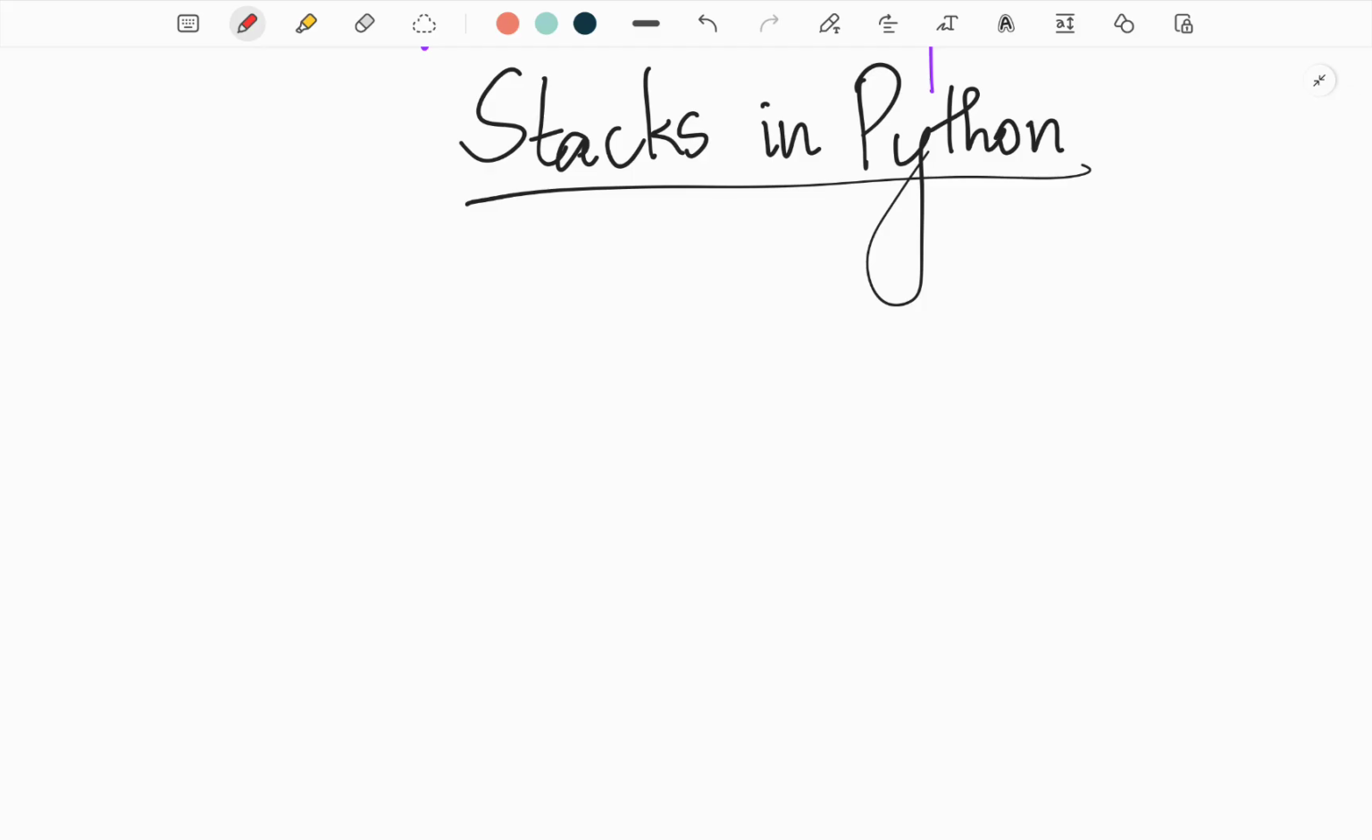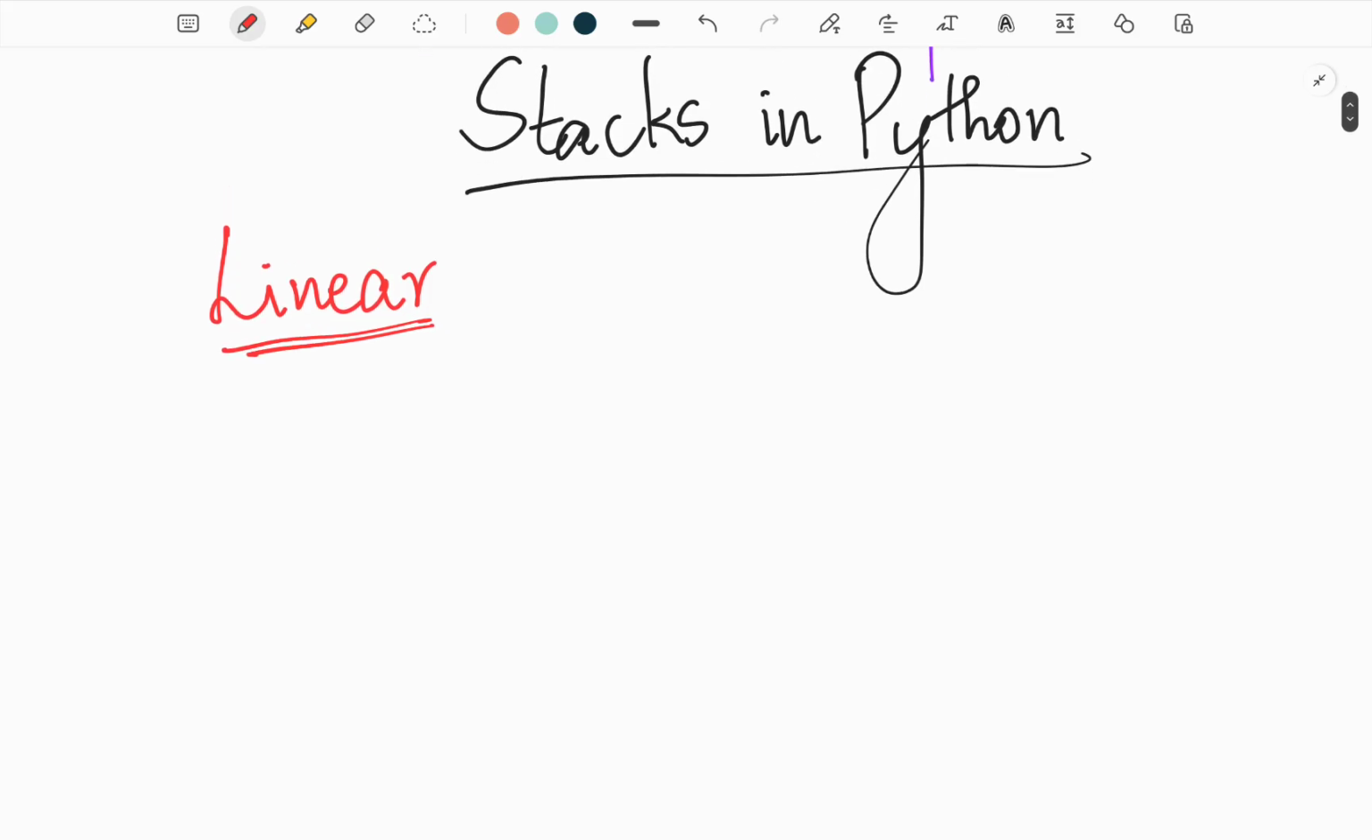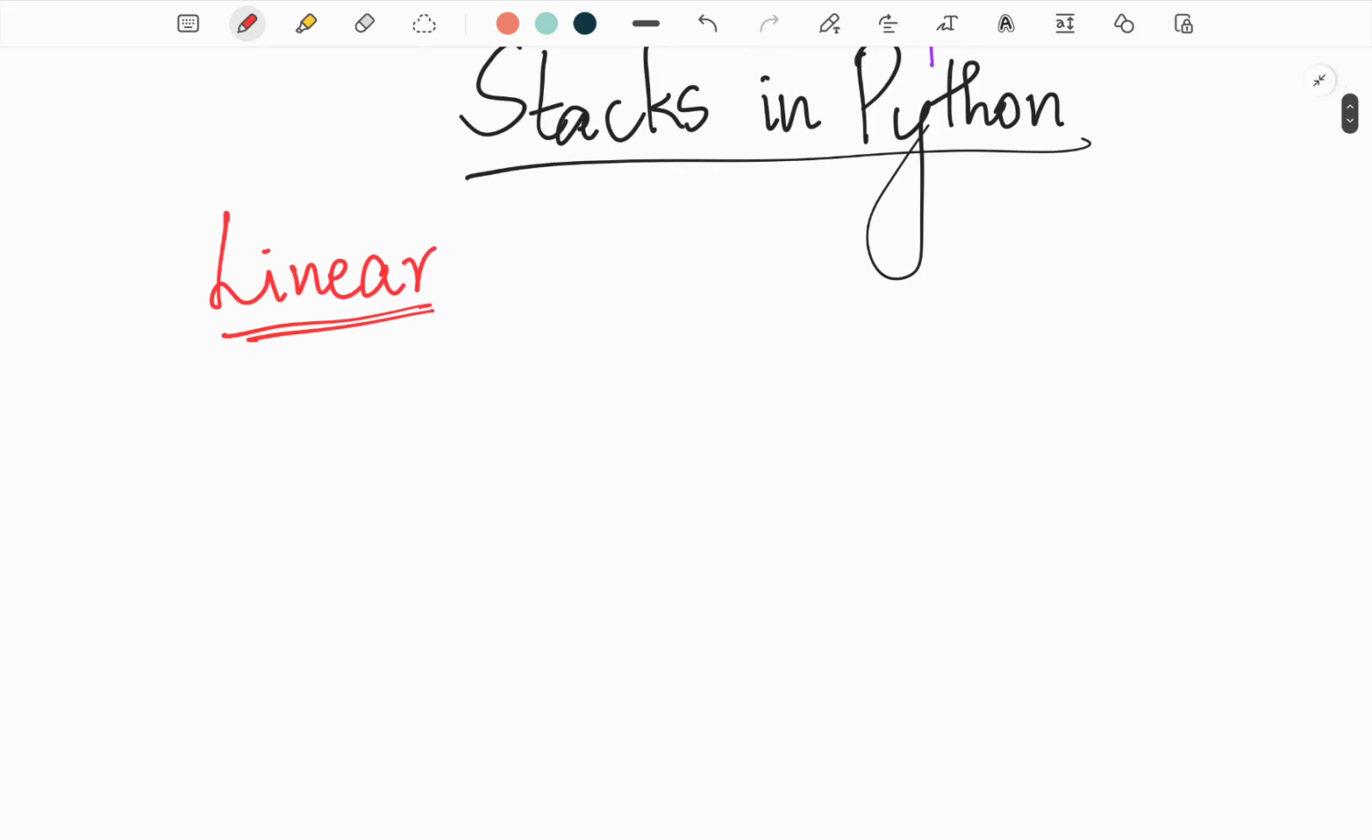Now, a stack is a linear data structure. So, what do I mean by that? When I say linear, it means the elements are adjacent to each other. So, there is a relationship between the elements, and we call that relationship as adjacency relationship. So these kind of data structures which have an adjacency relationship are known as linear data structures, and there are